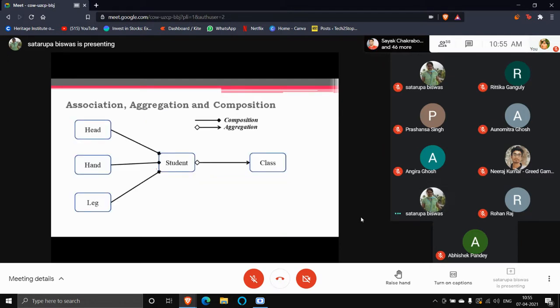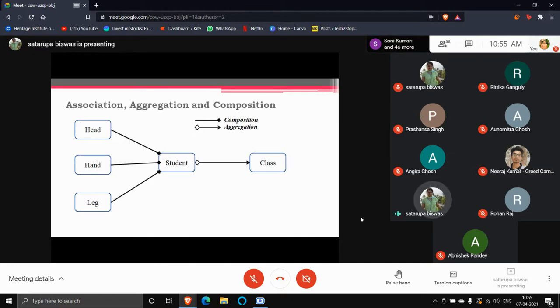Now, for representing the relationship, we can have these types of notations. When you are just mentioning association, just draw a line without any arrow or anything. That will represent the association. But you can see here the student is a class.